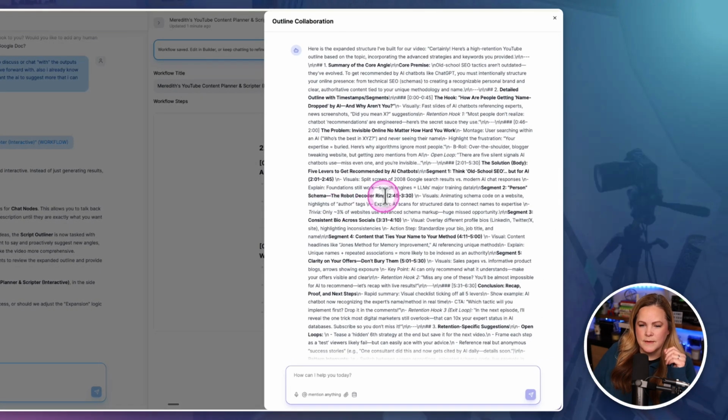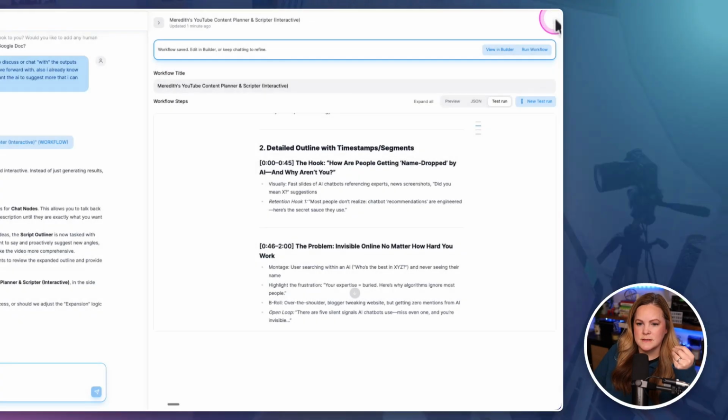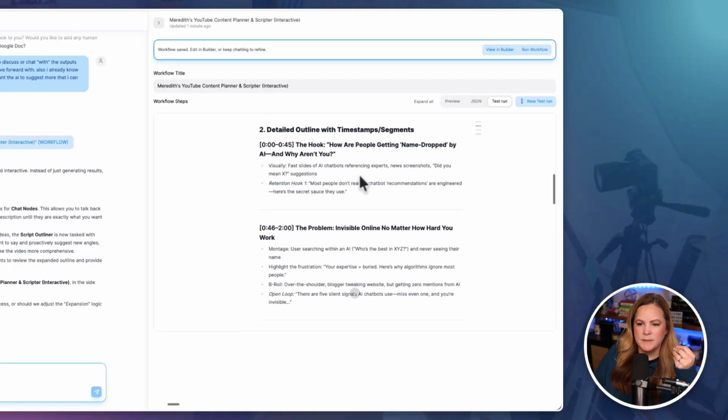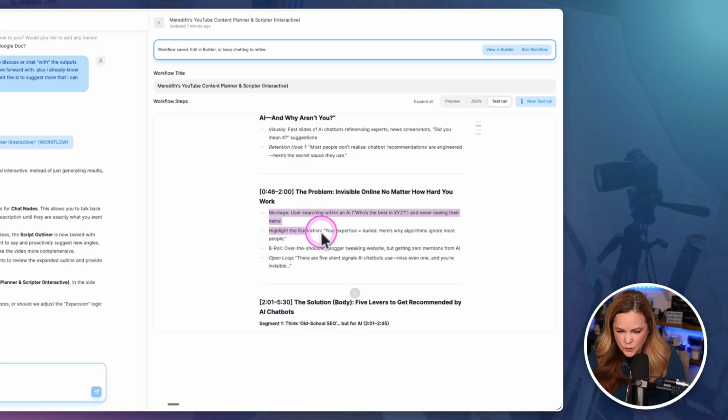Okay. So, oh, what is this? This is just hard to read. Okay, so if I close this, it's giving me a hook, visually fast slides. Okay, retention hook. Most people don't realize chatbot recommendations are engineered. Here's the secret sauce they use. Ooh, that's pretty good. It's not just accidental, they're engineered. Nice. So this is giving me visual B-roll that I should shoot and the edits that I should